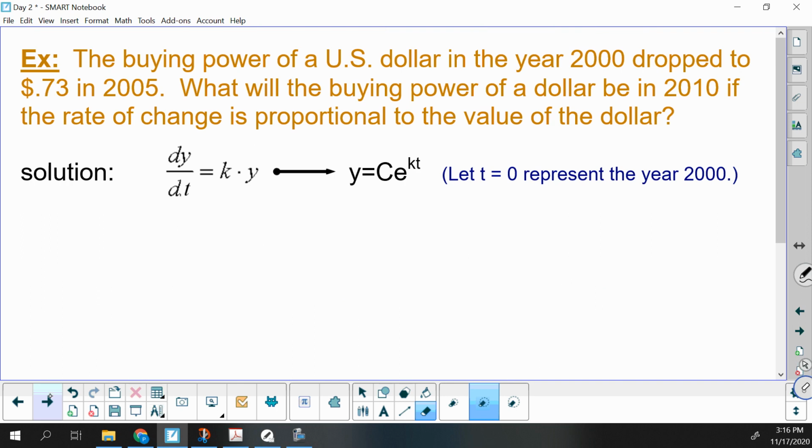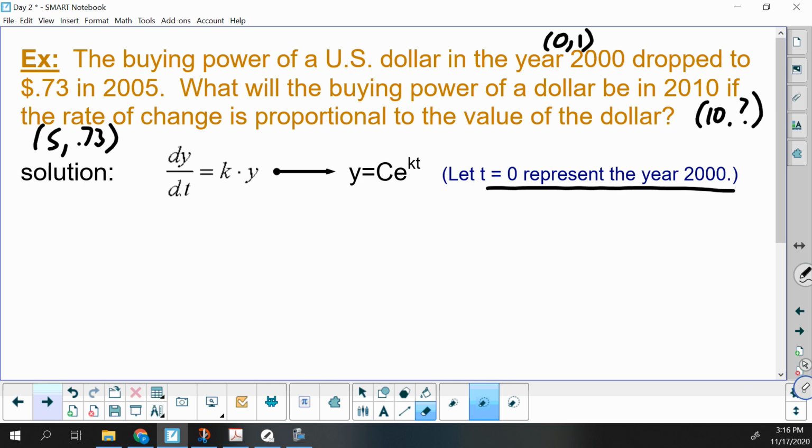One last example for this video. Buying power of the US dollar in the year 2000 dropped to 73 cents in 2005. So from that, we're going to get 2 points. So we're going to let t equals 0 be 2000. So that means in year 0, we're thinking of the dollar has a buying power of 1. That's like our initial thing. And then in 2005, so 5 years later, it dropped to 0.73. What will the buying power be in 2010? So we want to know 10 comma something